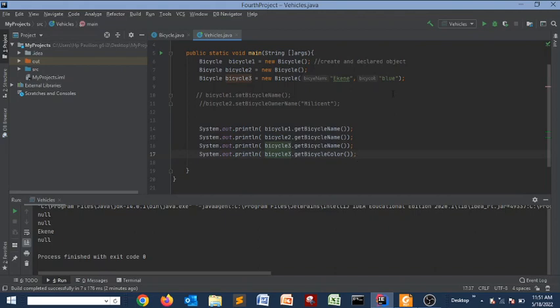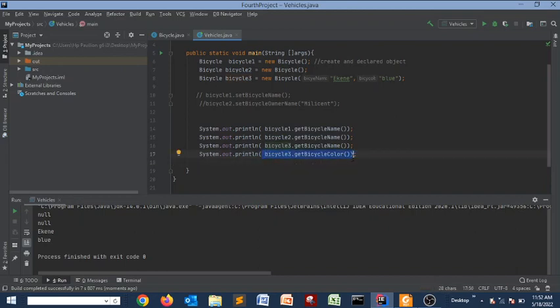So I've changed it to 3, and we're going to rerun our program, and it's going to give us blue. So you're seeing Ekene blue. Now bicycle 3 has Ekene and blue, so it's nicer if we attach it, if we want it to be Ekene blue, not let the blue not show on that. So we carry this our